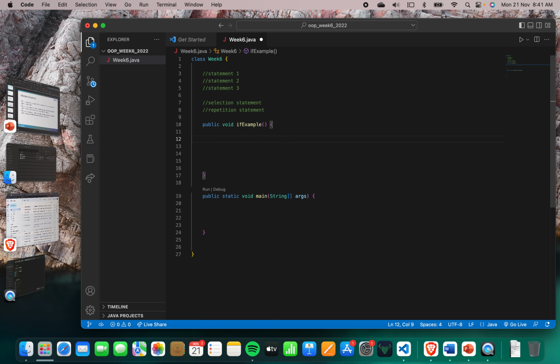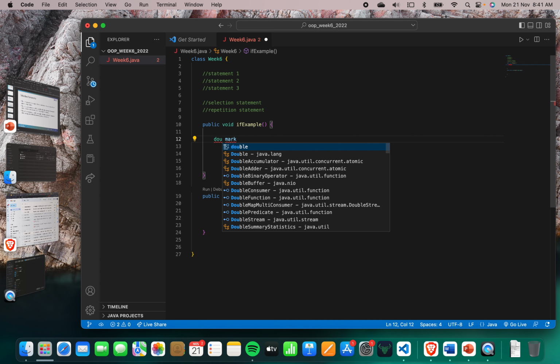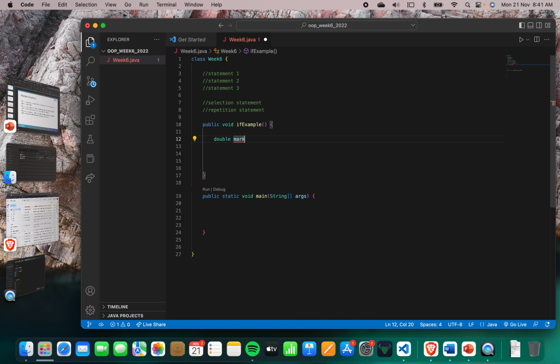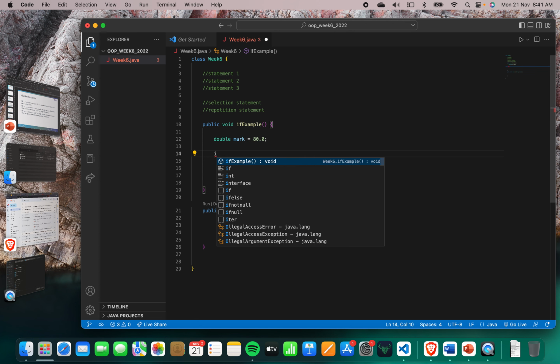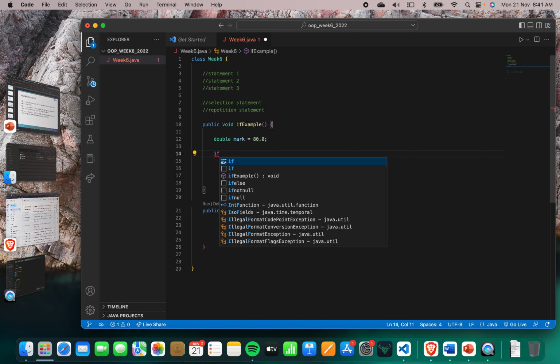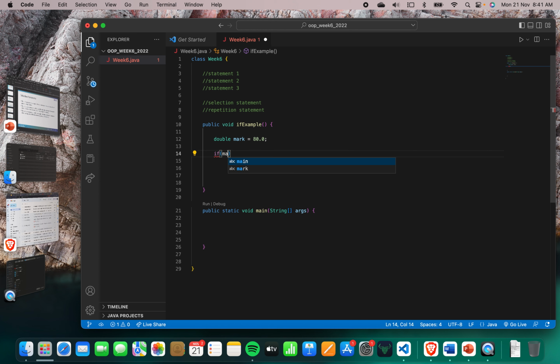I create a variable, let's say int, make it double, mark equal to 80.0, and then I write an if statement: if mark equal to 80,